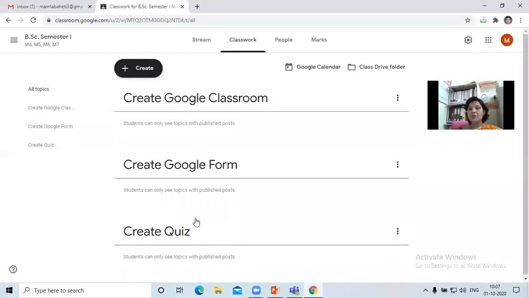Now how to create the study material. This is very, very important. I hope everyone has understood how to create the topics and rearrange them. Now, today I will share with you how to create the study material.